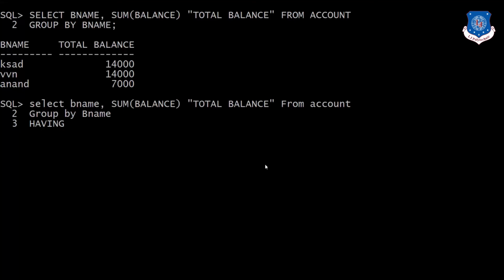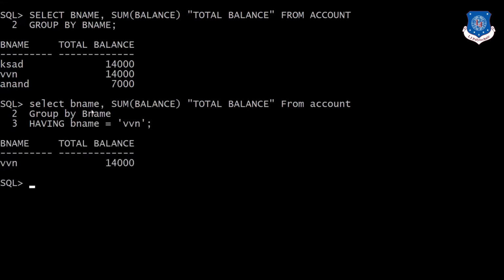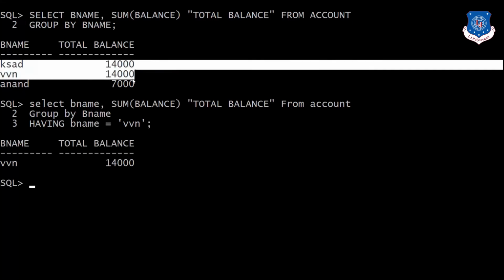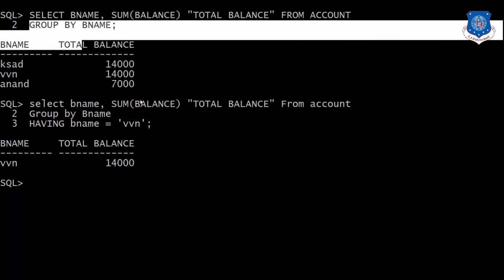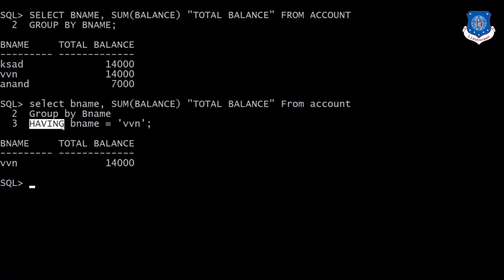Now we will specify the condition: having bname equal to bvn. We have grouped all the branches with the sum here, but now if I want to specify a condition or filter by some criteria using the group by clause, the where clause will not work.